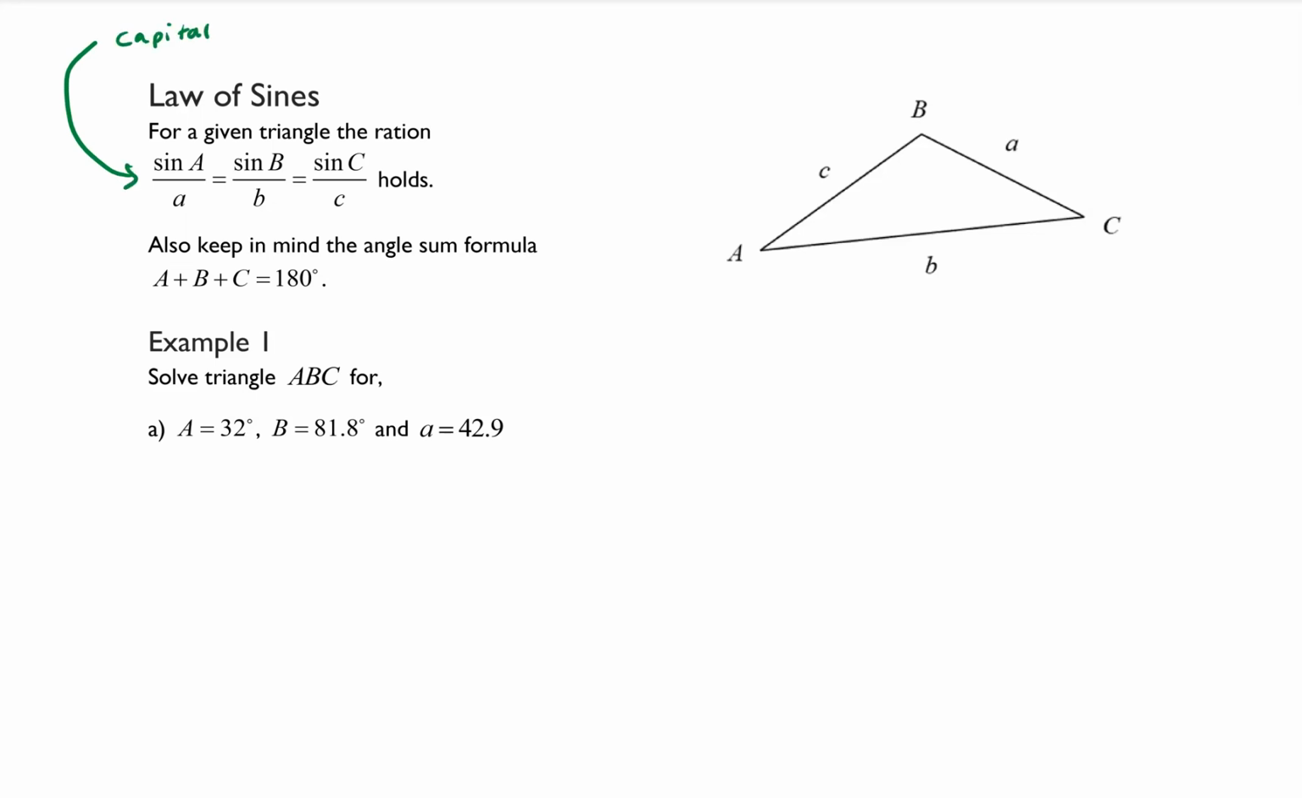Now, in this notation, note that capital letters denote angles, and lowercase letters denote side lengths. Okay, and it's also important to keep in mind that if you were to add up all the angles of a triangle, they should add up to 180 degrees. Let's jump into